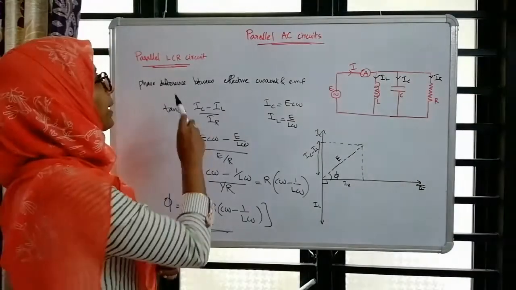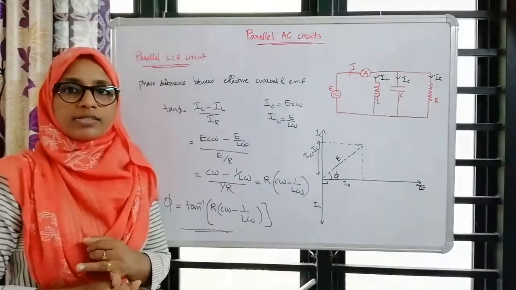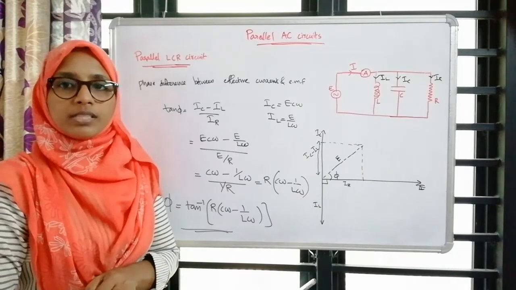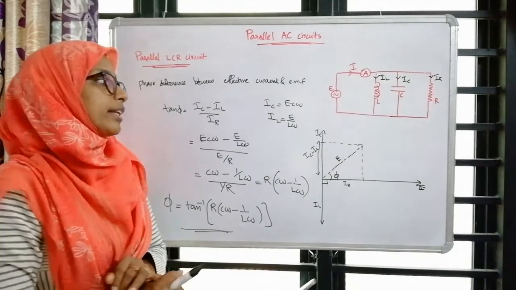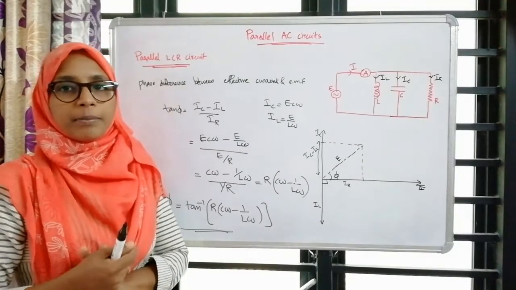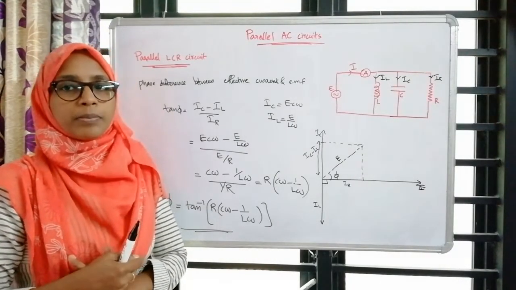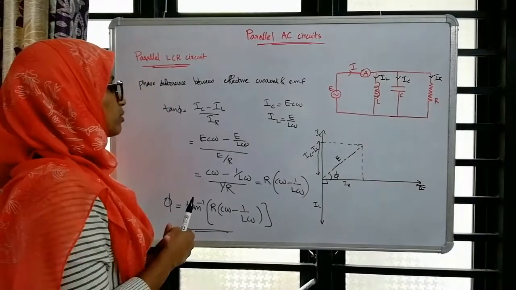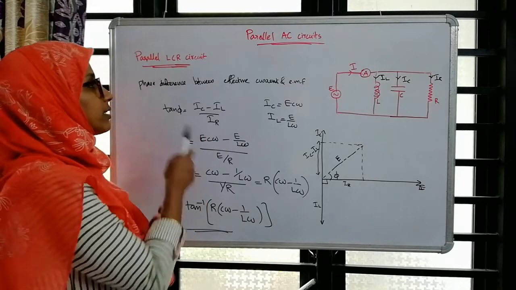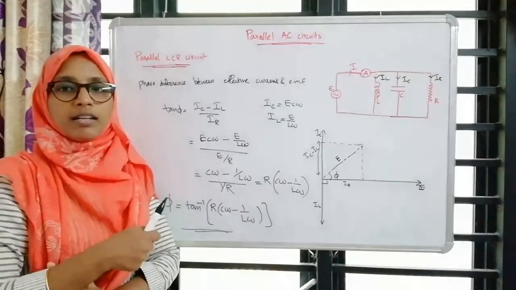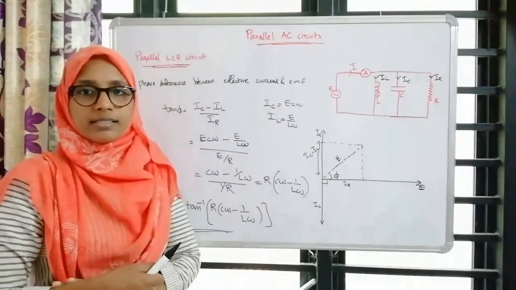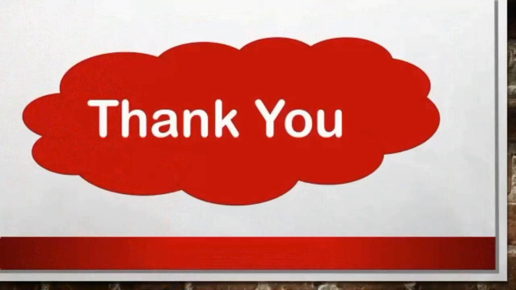That's all about the parallel LCR circuit. We have studied how the current is distributed along a parallel circuit, which is different from a series circuit, and also explained the components of effective current, impedance, admittance, and also the new term susceptance in this chapter and in this class. We have also discussed the phase angle by which the effective current and EMF differ. This is all about the parallel LCR circuit. Thank you.